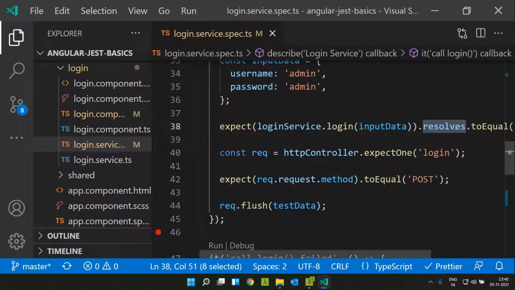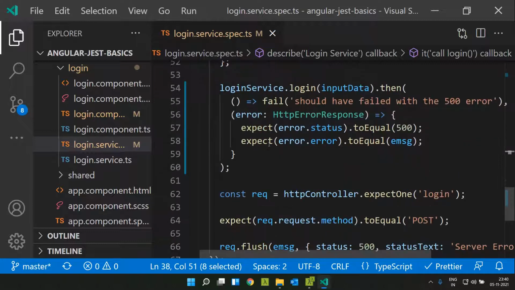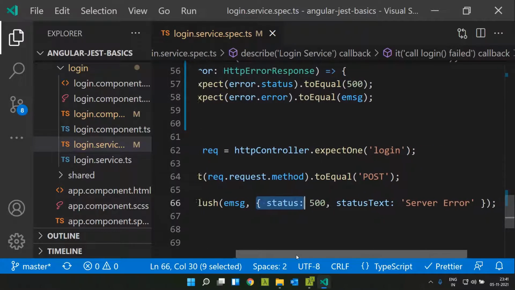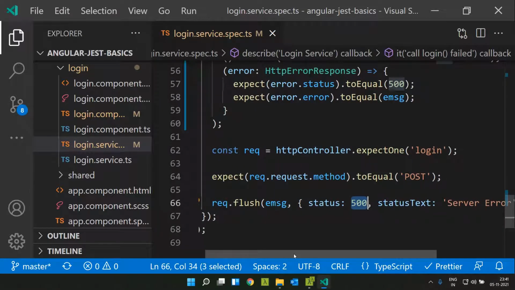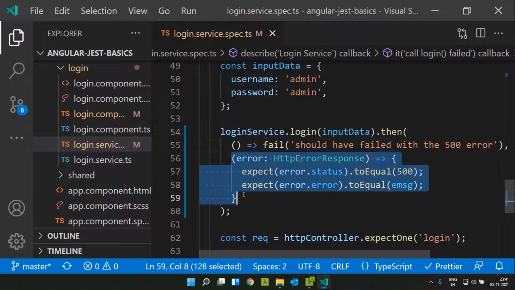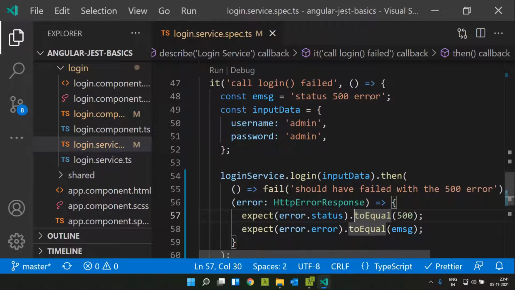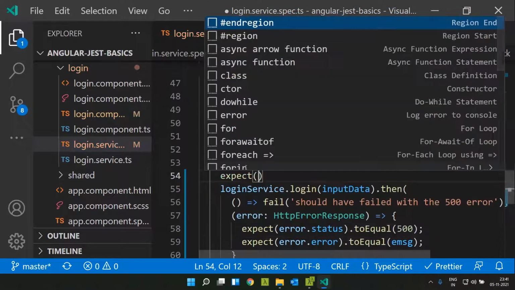Similarly, we have something called rejects, which can be used for handling the failure scenario. In our test case, we have a failure scenario. Here again, we are mocking a test result, and we have provided the status as 500. This means an HTTP error. We are saying that in case it is success, it should fail. And in case of an error, we are asserting that the error status is 500 and the error message is status 500 error. Here again, we can make use of the same asynchronous operators.